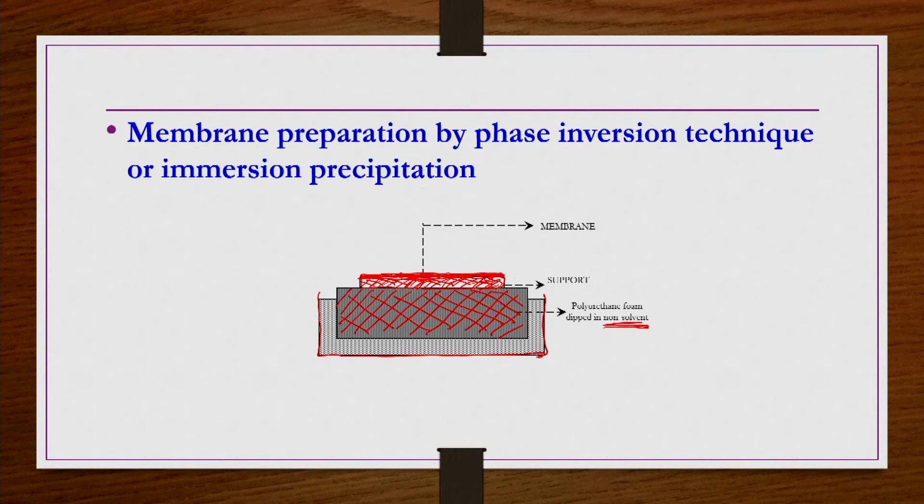will also gradually evaporate, and that will induce some kind of porous structure in the membrane surface. While these molecules of solvent or non-solvent are crossing through the polymer layer, they will form a kind of small pore structure. So this is how membranes are prepared by the immersion phase inversion technique, or immersion precipitation